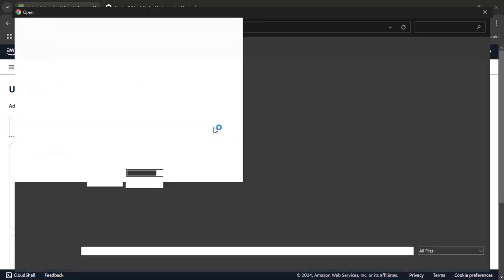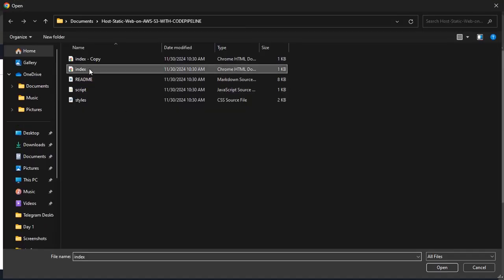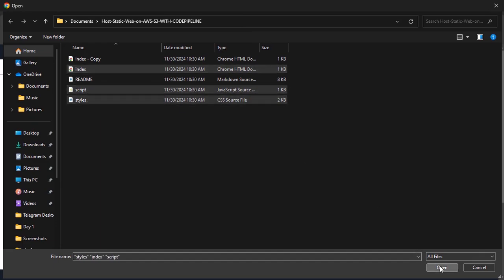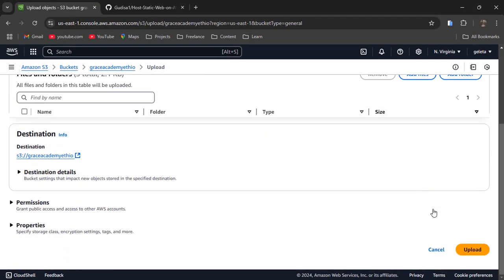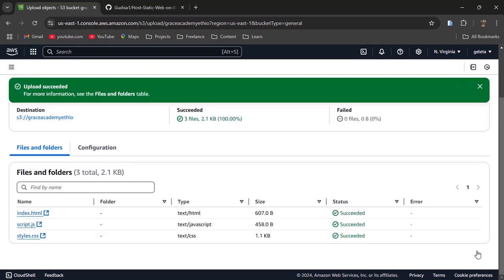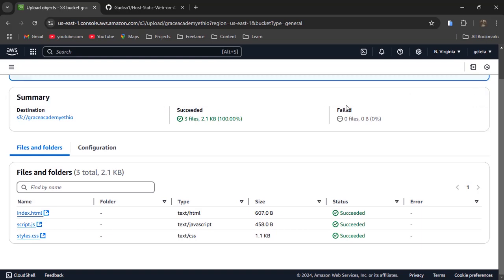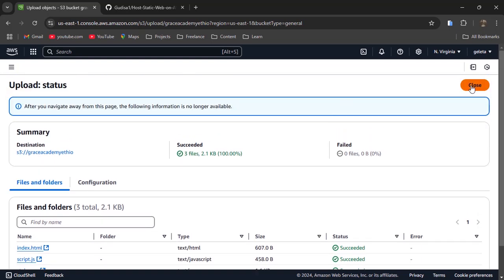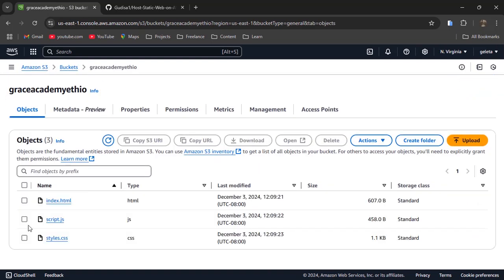So I will click the add files button. As you can see, I have the index file, the script, and the style. I will upload it. Then I will click upload. So the third step is uploading your website files, basically your HTML, CSS, and JavaScript file. So I have my